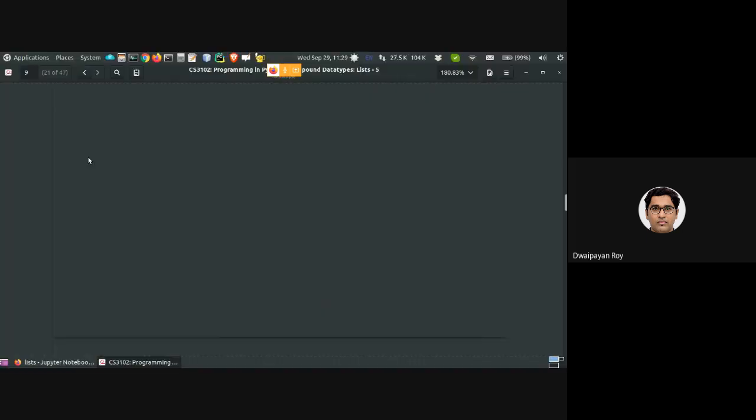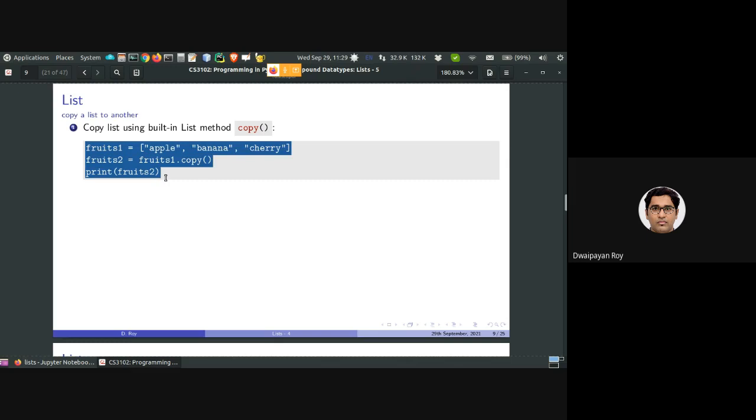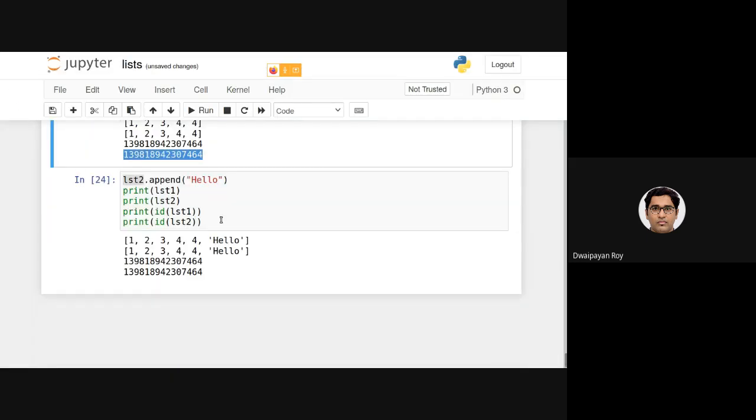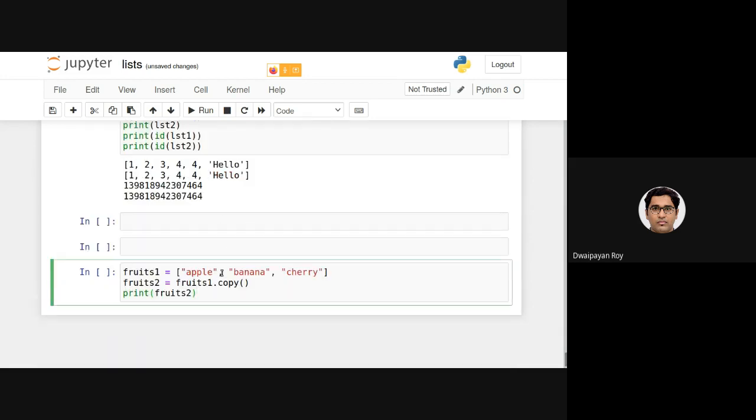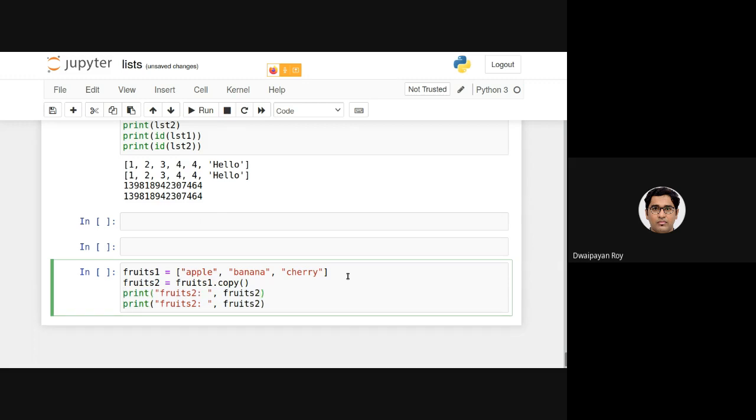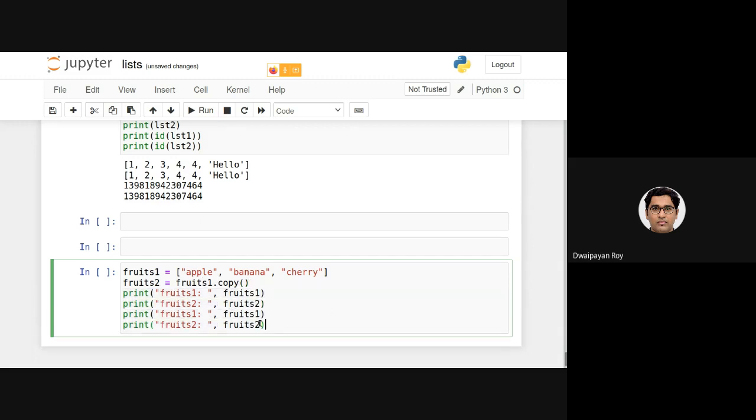So let's just try that, and let's look at how it is different from the earlier case. Let's just print it, and together with that, let's print the corresponding IDs as well. Then it will be easier for you to understand the reason.